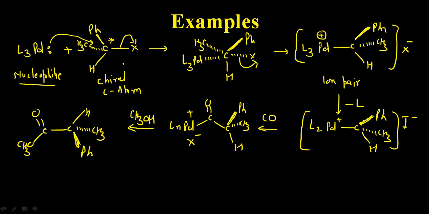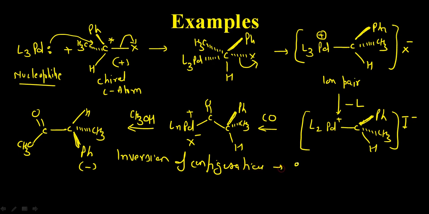So now you can see that in this case, if the initial reactant was dextrorotatory, the final product formed will be levorotatory. So this is confirming that there is inversion of configuration. And why is this happening? Because of the backside attack